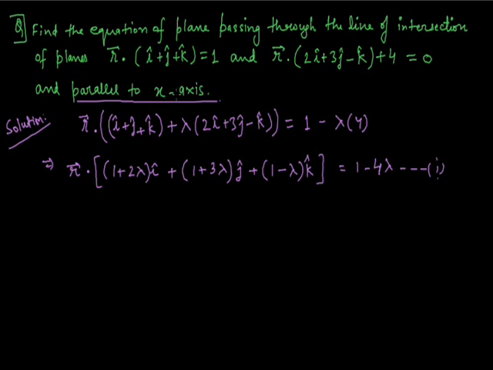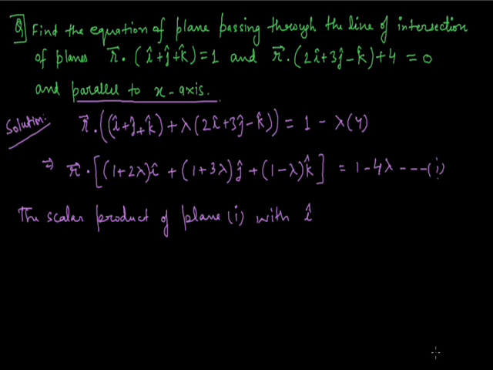Now suppose this plane is parallel to the x-axis, in that scenario, the scalar product of the plane given by equation number 1 with a vector parallel to the x-axis, which is the i cap unit vector,